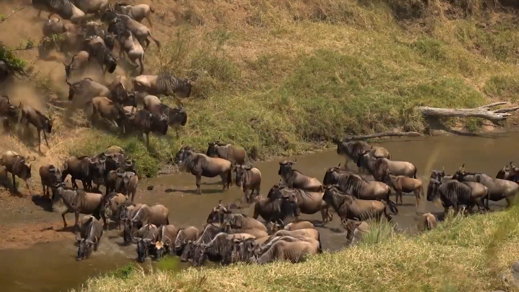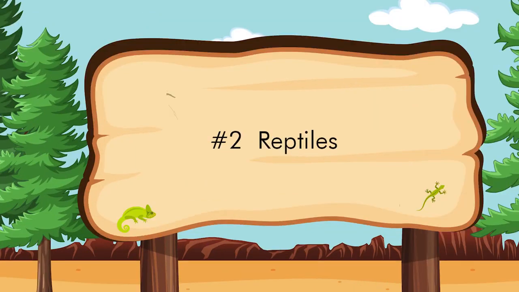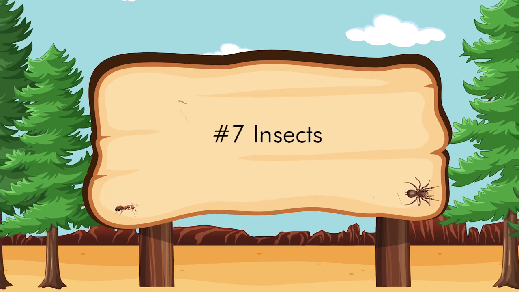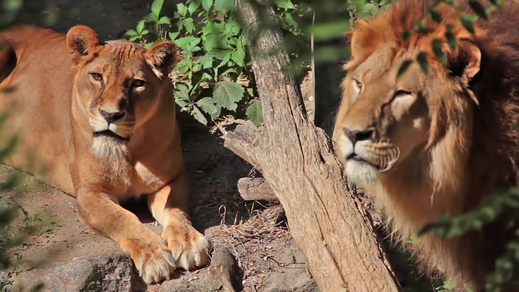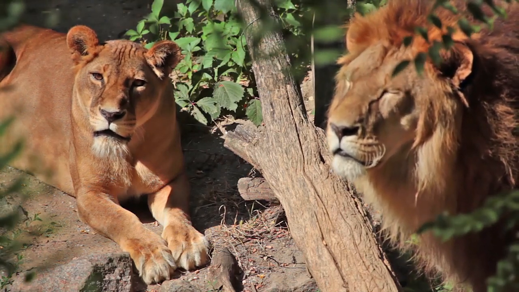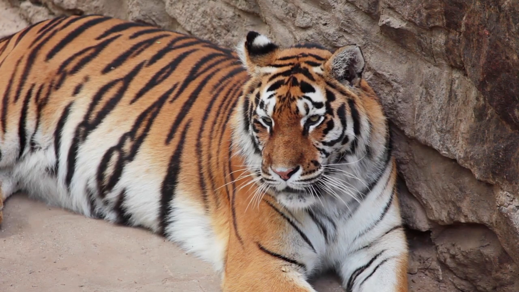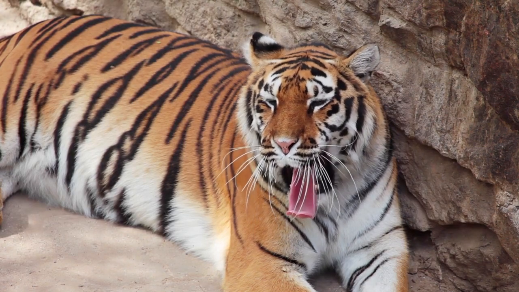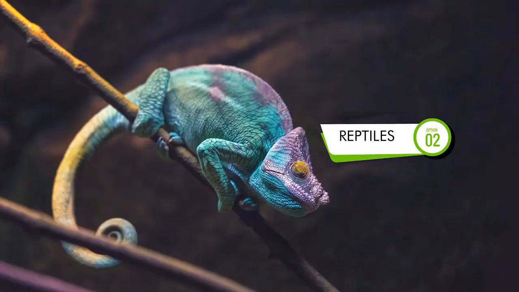And as a matter of fact, wildlife photography can be differentiated into 7 different categories, namely mammals, reptiles, amphibians, birds, fish, plants, and insects. So first is mammals, one of the most intelligent of all living beings. Mammals are animals that have a backbone and grow hair at some point during their life. They are called mammals because all female creatures possess glands that can produce milk, and they range from cats to whales.